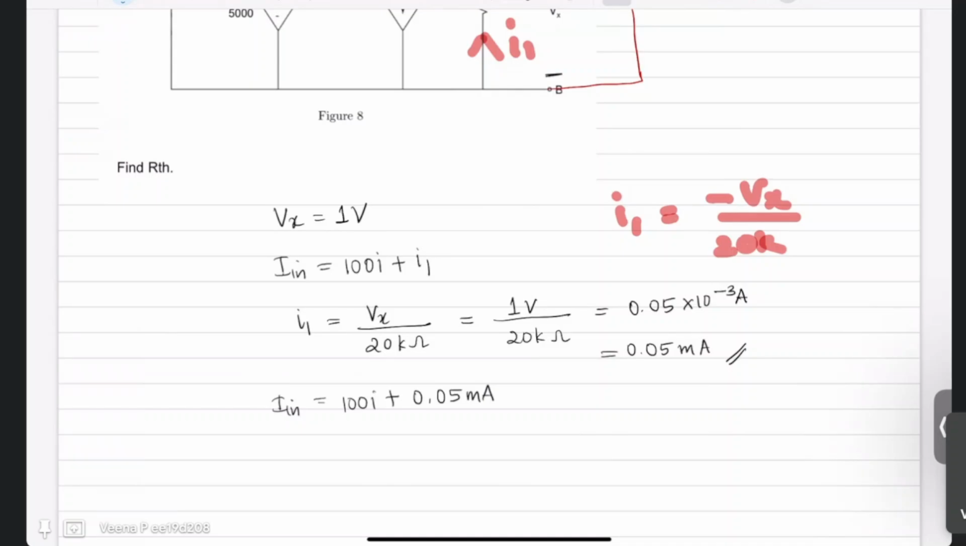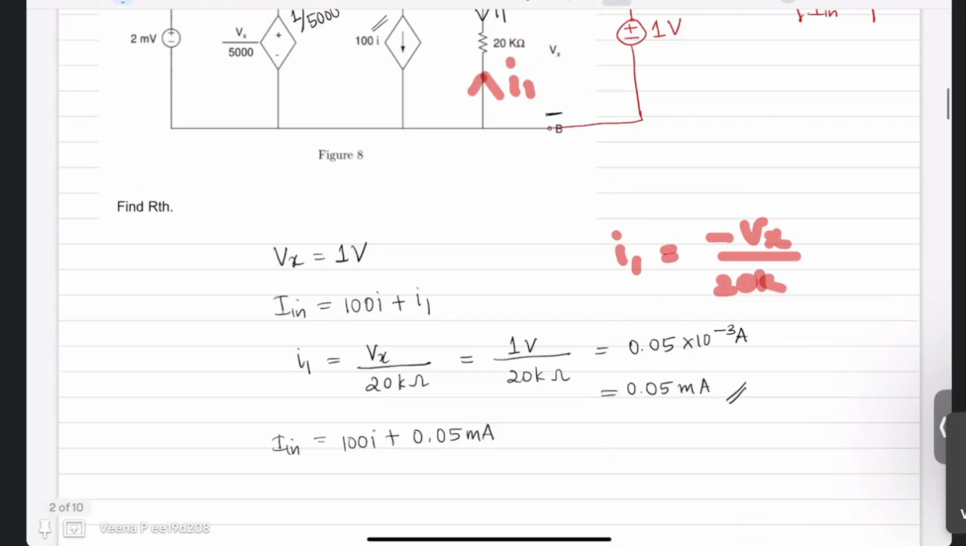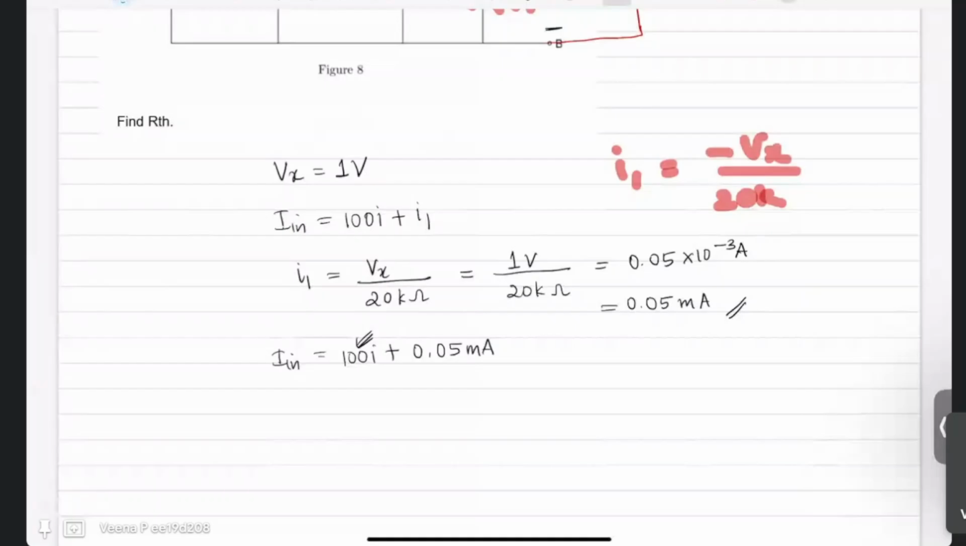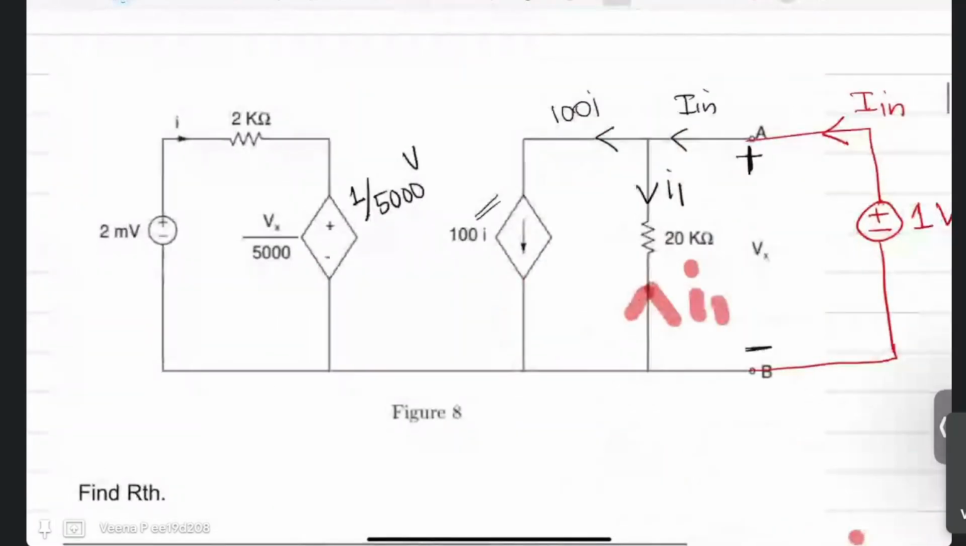Now I have to find I. If I get I, I can get my I in and then I can get RTH. So I in, how to get I in? So I in is depending on 100I. Now where is your I? I is the current in this branch. So if you take that branch,